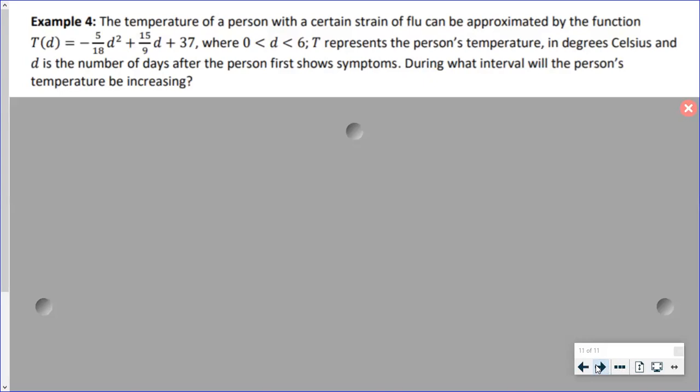It's a quadratic function, it has some fractions in it, where D is in between the range of 0 and 6. T represents the person's temperature in degrees Celsius, and D is the number of days after the person first shows symptoms. So, perfect application with healthcare. During what interval will the person's temperature be increasing? So those of you who are looking at healthcare for your STEAM projects, this is a perfect example of how